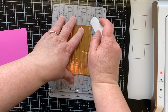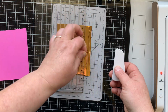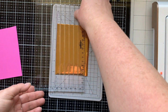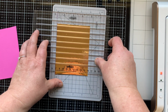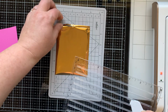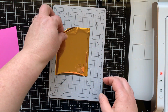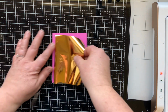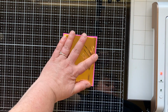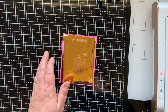So first I want to hot foil out all the sentiments that come in this kit. I am trimming out some of that polished brass foil so that it's going to fit on my scrap of cardstock that I have ready to go, but I will still be able to see the edge of that cardstock because I want to try and do all the sentiments at once. So I need to have a little bit of cardstock showing so I can tape this foil and the plates